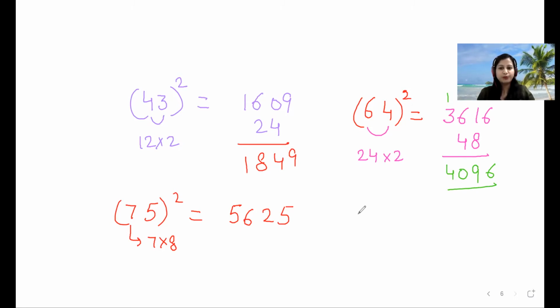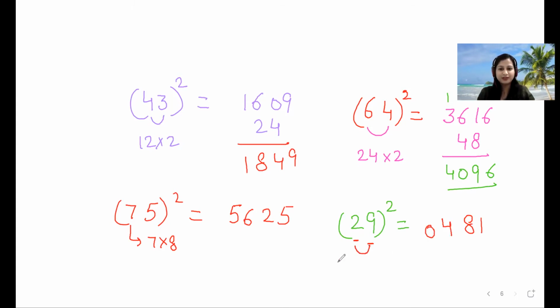The last number would be 29 square. Again, the unit place is 9, so the trick is going to be the same as for 2, 3, 4, 6, 7, 8. So 9 square, let's do the square of the ones place. 9 square is 81. Then do the squaring of the tens place. 2 square, 4. Shall I write it like this? Yes, I need to write 2-digit numbers, like 04.